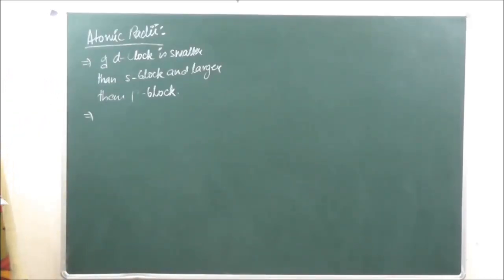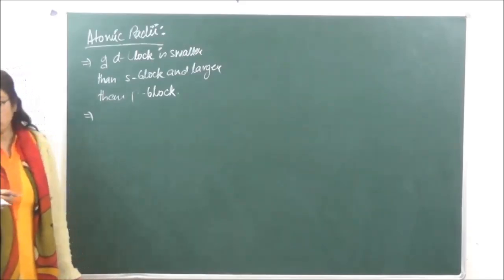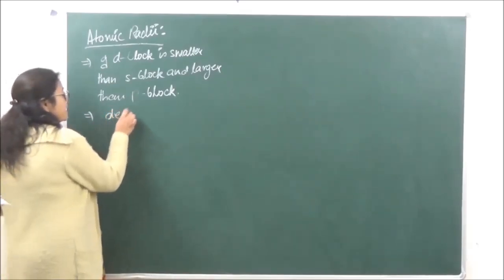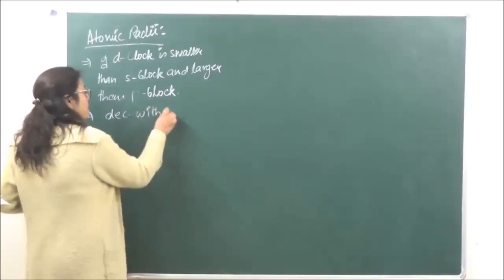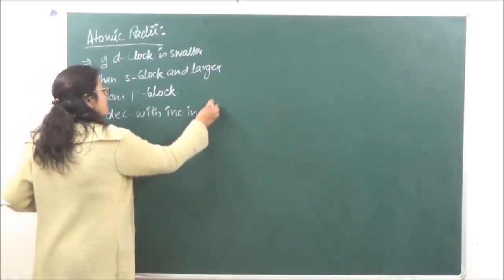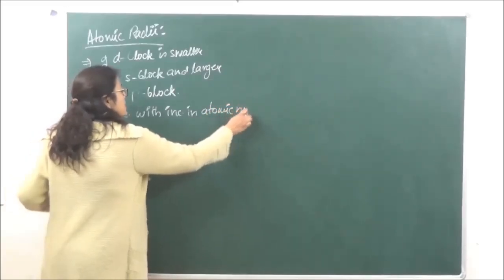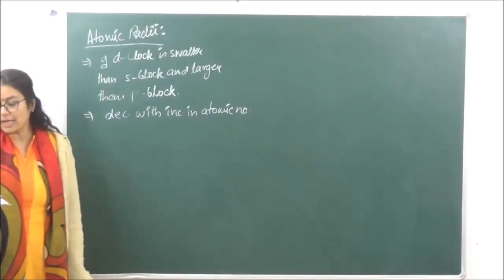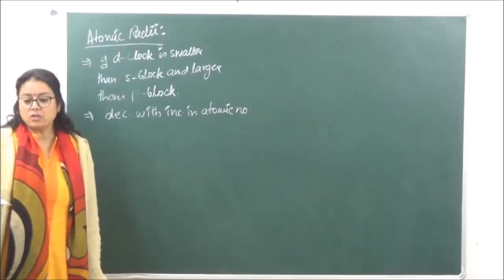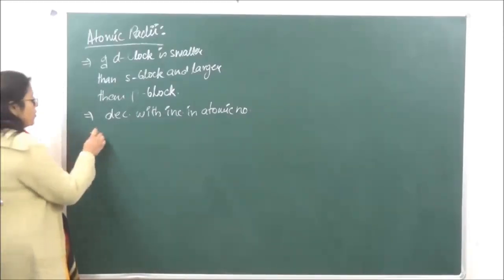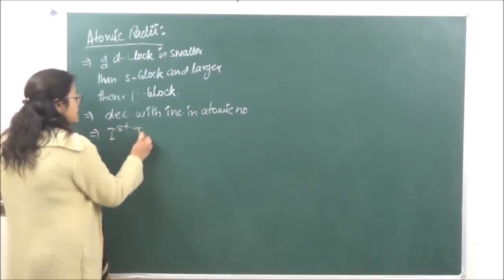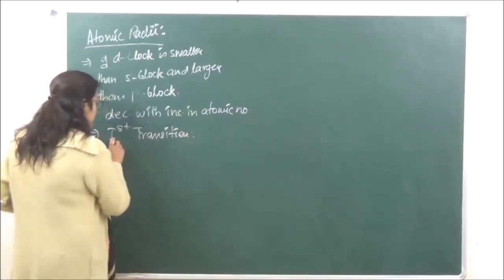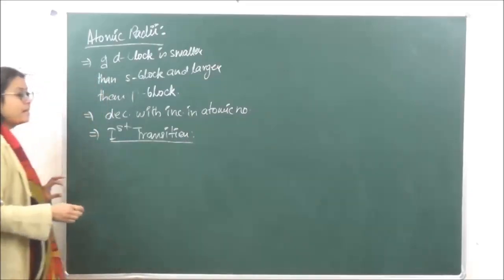When we're talking of the atomic radii, mostly the atomic radii in this case that is going to be covalent. So as we go along the series, the atomic radii decreases with increase in atomic number. A simple reason जो कि हम इसके लिए दे सकते हैं, that is because the nuclear charge that is increasing. So let's go on to the first transition series over here. When we are talking of first transition series, it is seen that in case of first transition series, the atomic radius decreases from scandium to chromium.